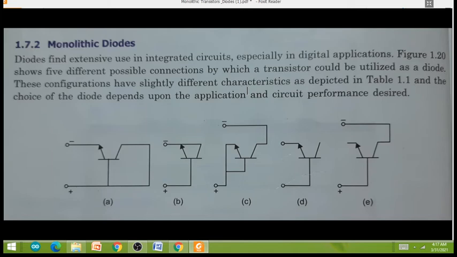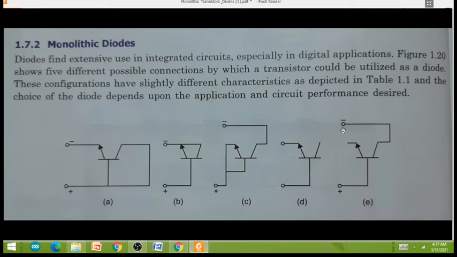Monolithic diode. Now we are switching to another active component, that is a monolithic diode. Varieties of diodes you can develop, A, B, C, D and E, five varieties of diodes from the transistor itself. They are saying like this is the base, and the emitter and collector are shorted, and you have this one. Now you are shorting the collector and the emitter, you are shorting the emitter and the base, and you are creating a diode. You are just keeping one terminal floated, and your emitter and the base are used as this one. You are keeping the emitter floated, and the base and the collector are used as a diode.